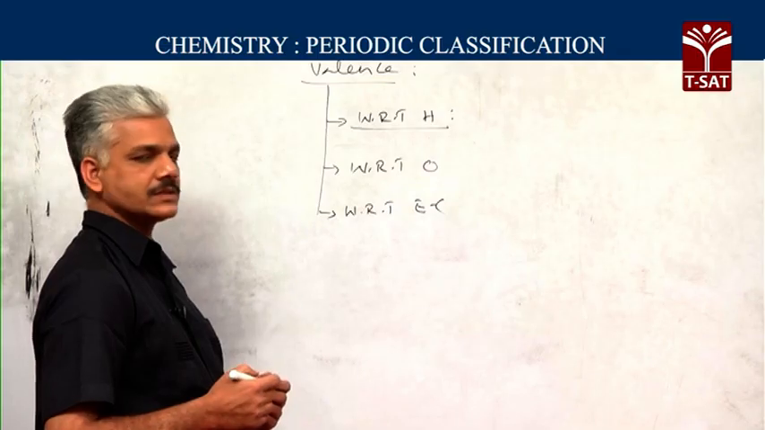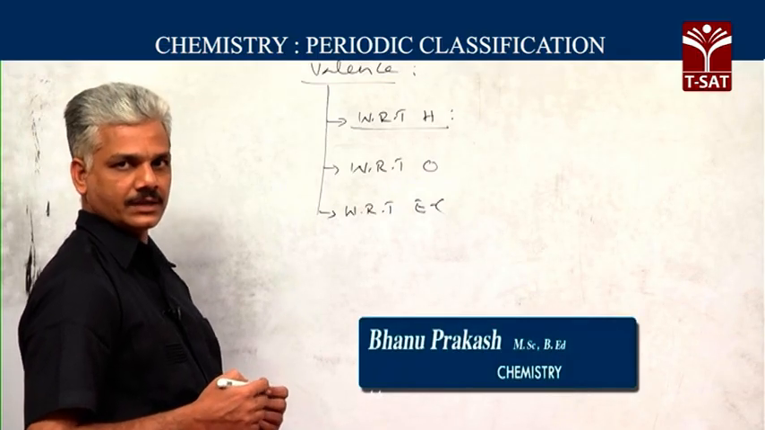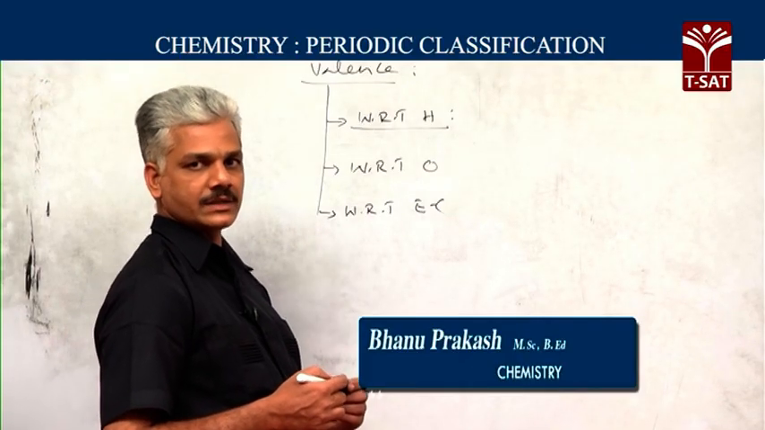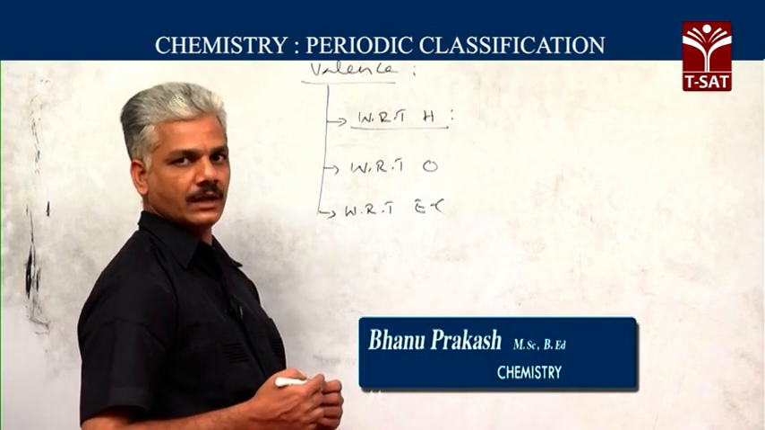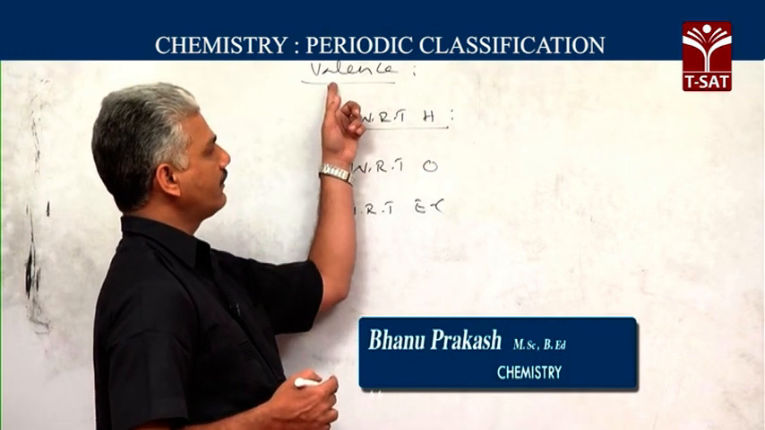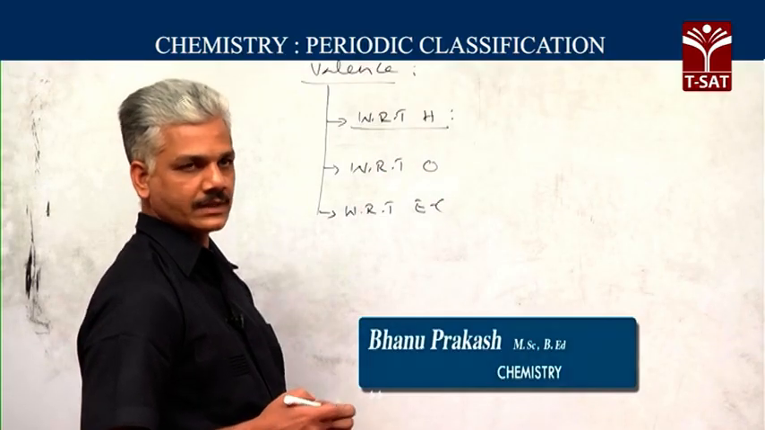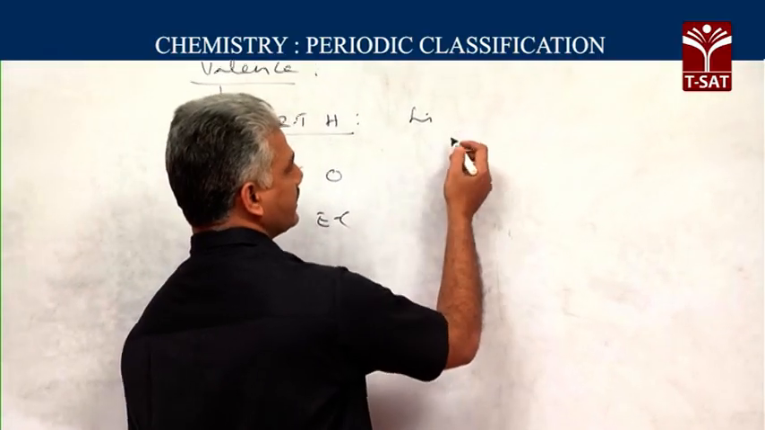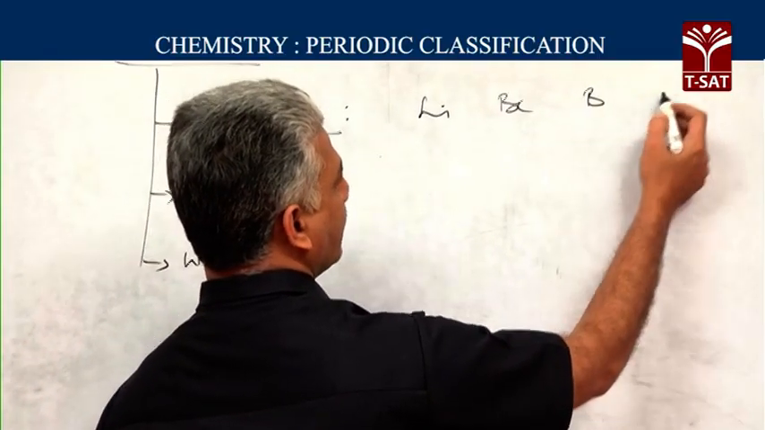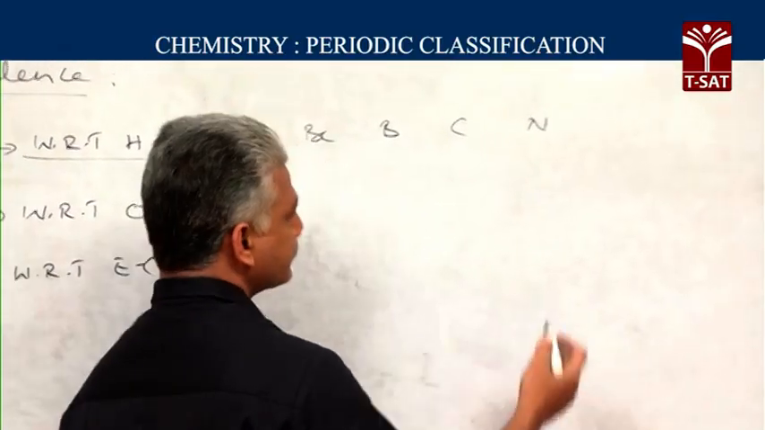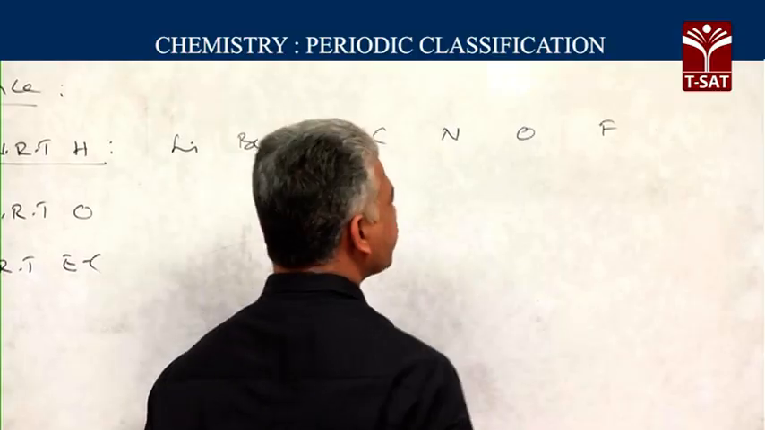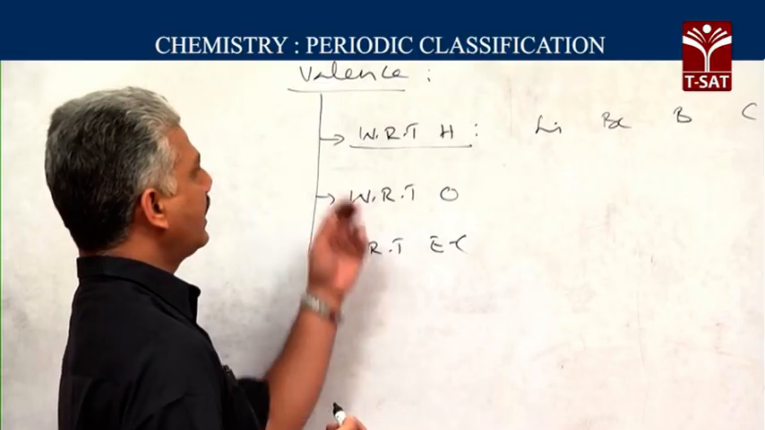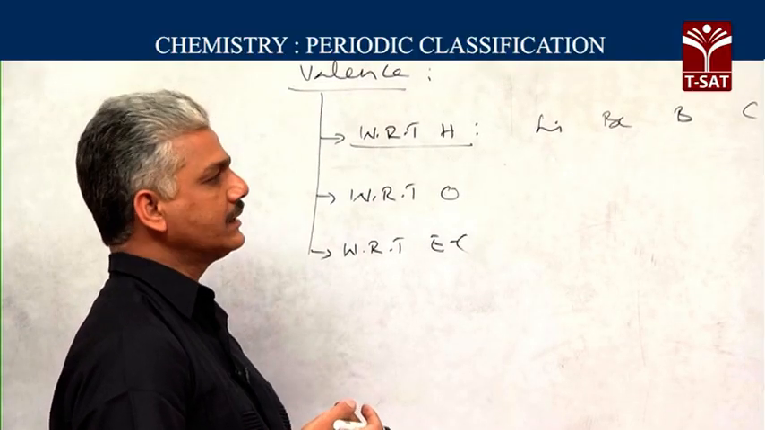an element combines to form a stable hydride. Number of hydrogen atoms with which one atom of an element combines to form stable hydride. That number is taken as valency with respect to hydrogen. Say for example, if you look at the elements present in second period, the elements are lithium, beryllium, boron, carbon, nitrogen, oxygen, fluorine. Neon is not considered because it is non-reactive in nature and valency is not defined for zero group